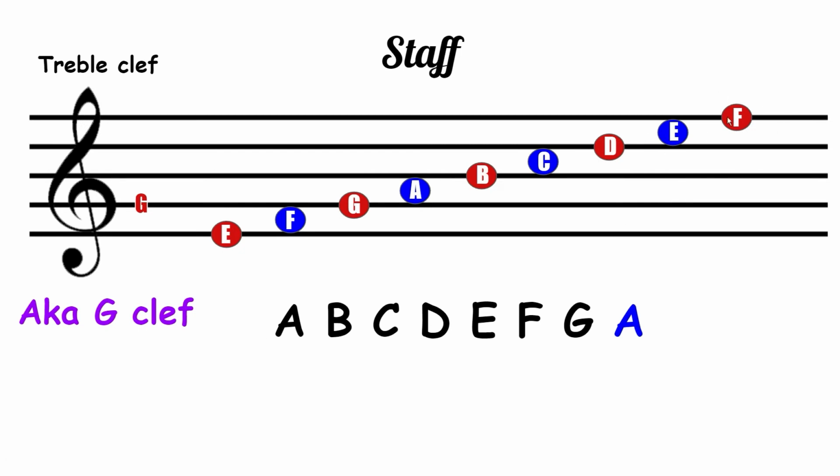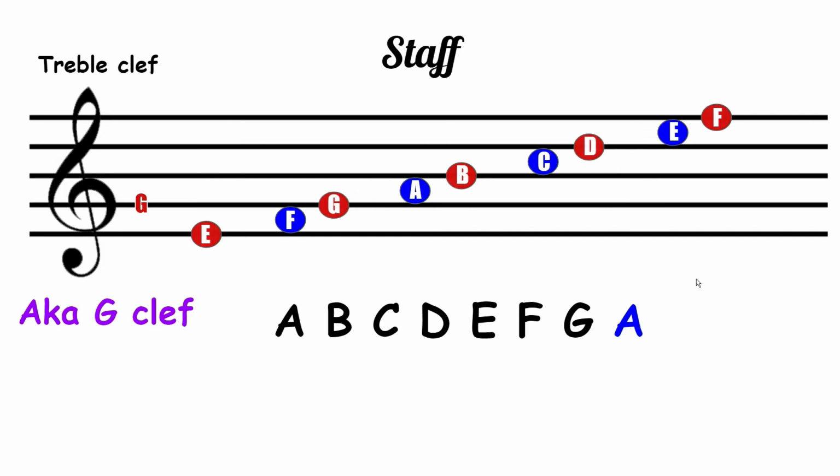But E and F noticed there were two other notes that were also E and F. And they asked Mrs. Treble Clef, are those our twins? And she said, well, not really. See, this one is on a line and you are on a space. This F is on a space and this F, you are on a line. They said, okay. So now that they all had their own names, the line notes decided to go off on